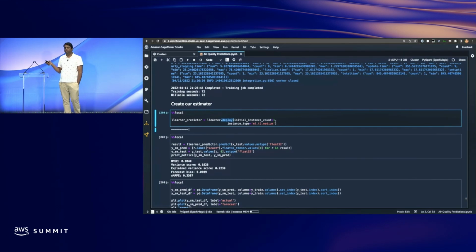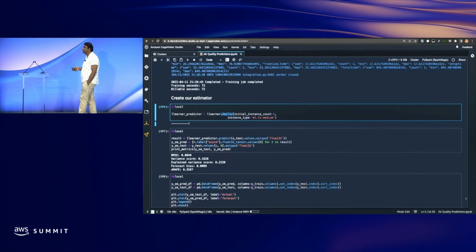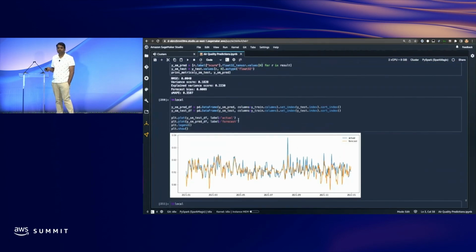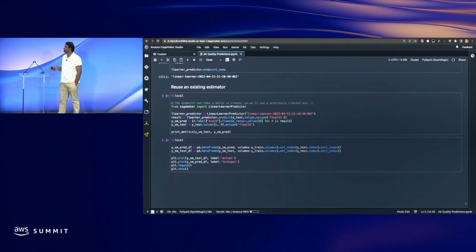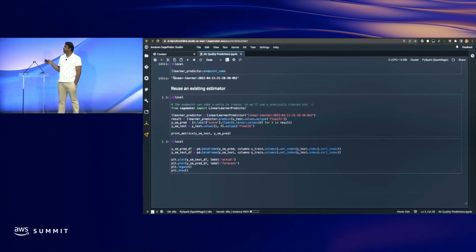So when you say deploy, it's going to deploy an endpoint for prediction. In our case, it is a very simple API called deploy, which directly deploys an endpoint. So we would go ahead and reuse this deployment that has already been deployed.